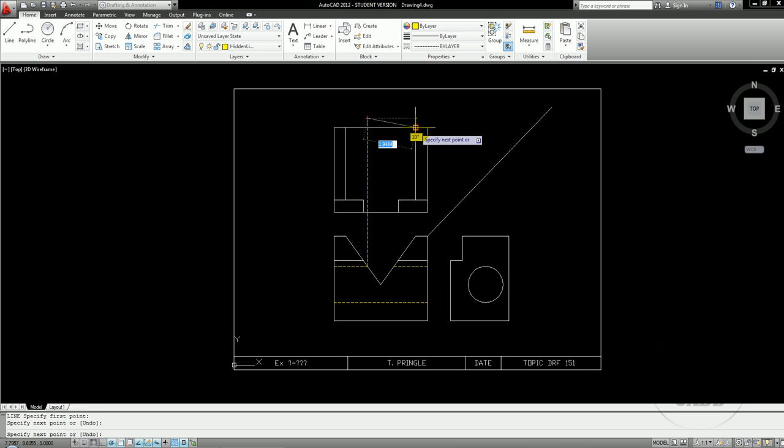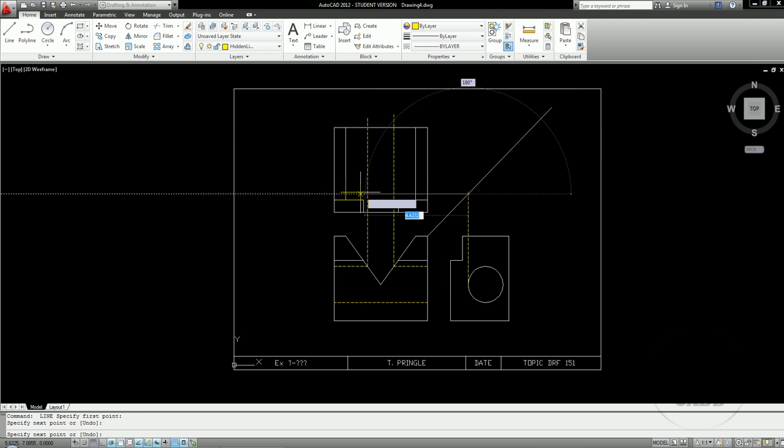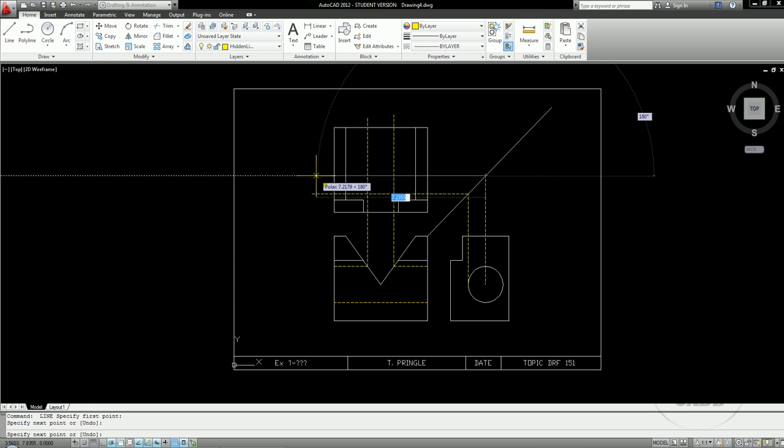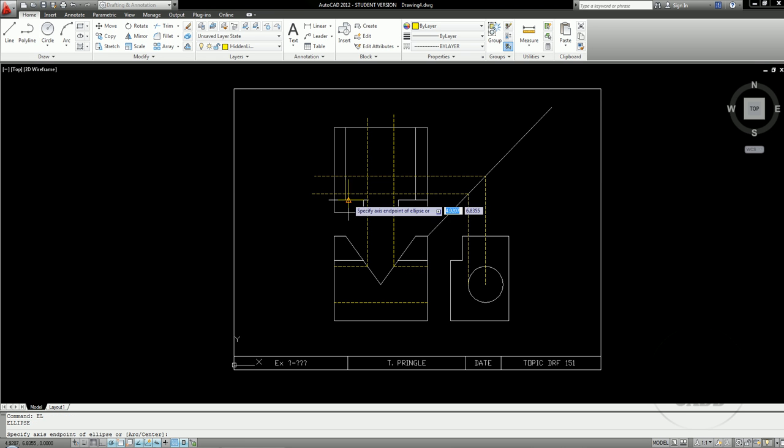So I can project this up, we'll project this up across here, and I'm going to project the center point rather than the other side up to here. What this is going to do is it's going to give me a little bit better of a basis on how to actually go through and build my ellipse. So now I go to the ellipse command, I select here, here, and here,